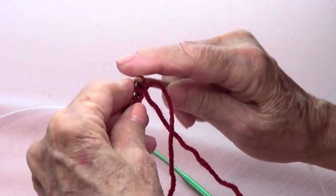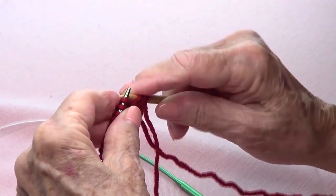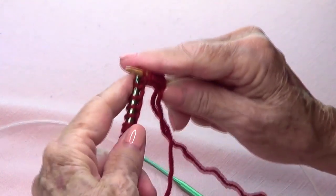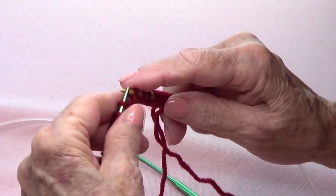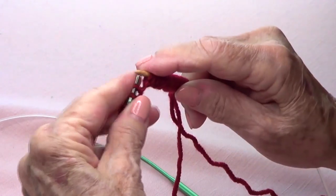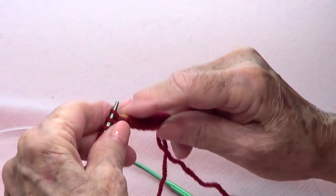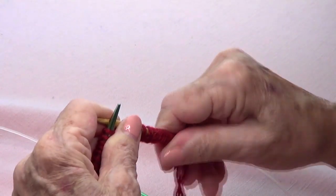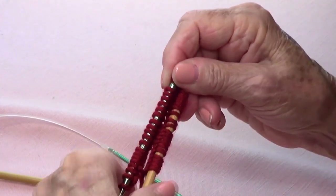So let's see, I cast on 40 stitches, and I'm going to have 20 in one needle, 20 in the other needle. So let's see, 2, 4, 6, 8, 9, 10, 11, 12, 13, 14, 15, 16, 17, 18, 19, 20. Okay, so once I have my 20 stitches on each needle,